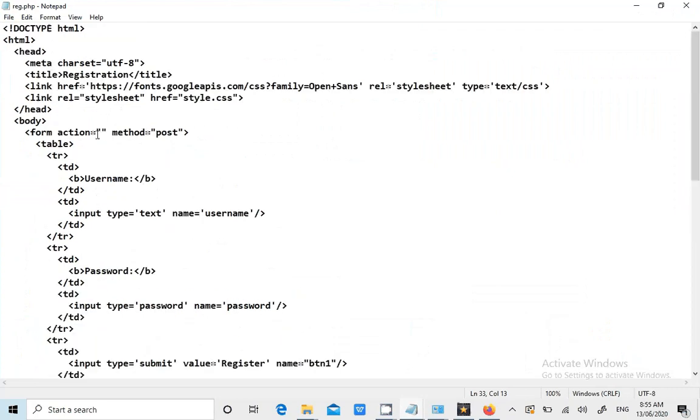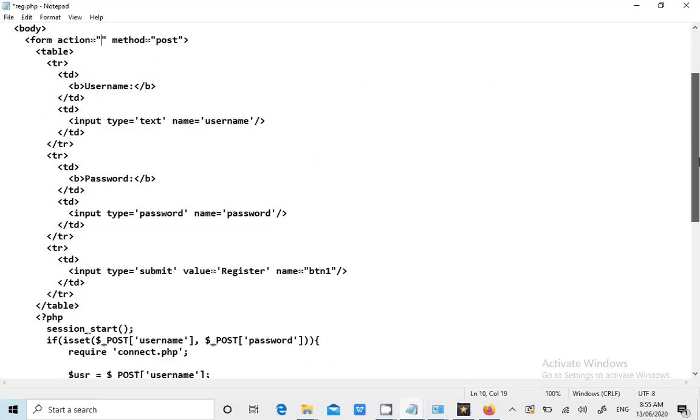Since I do not mention anything, action is equal to empty, so after entering the username and password, in the backend they will be processed in the same page itself, register.php. Or else if I give hello.php, then your username and password will be sent to this particular file, and we need to open that particular file to see what's happening next.